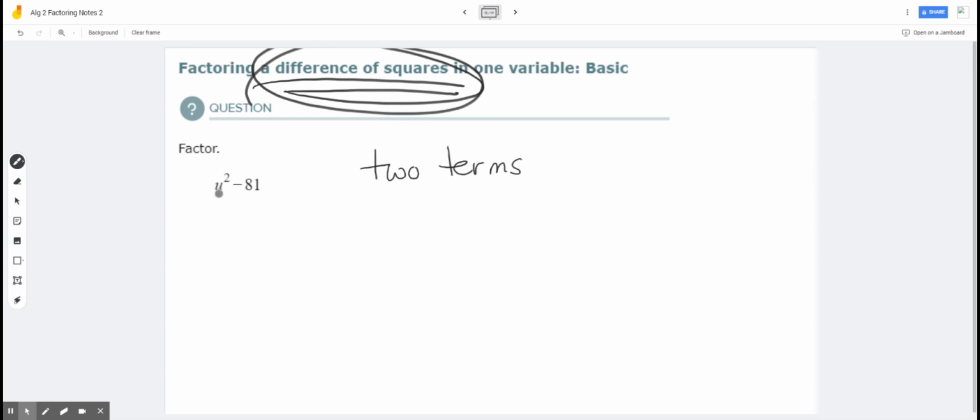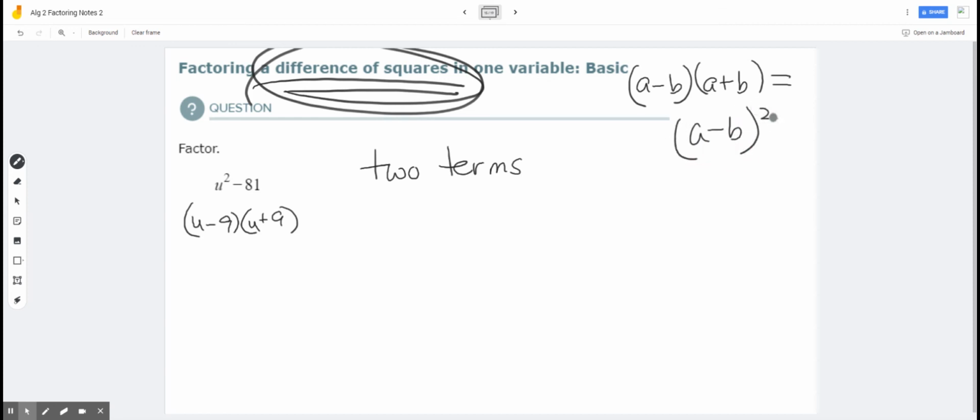Why do we call it the difference of 2 squares? Because that's a square, and that's a square. So this is going to be u and u, 2 things to multiply together to get 9. But look, what is the coefficient of the u term? It's gone, so it's 0. What makes 0? Plus 9, minus 9. Okay, this is the formula like this. (a minus b) times (a plus b)